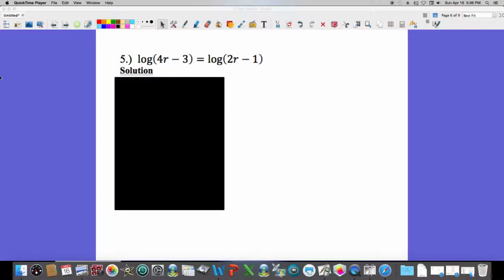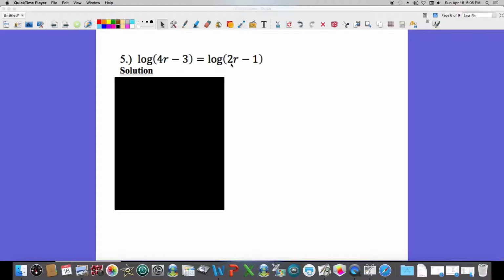Let's take a look at solving this equation. This time it's not an exponential equation, it's a logarithmic equation. We see that because we have the log here in the equations. And this time it's really actually a straightforward problem to solve because we have a single logarithm equal to a